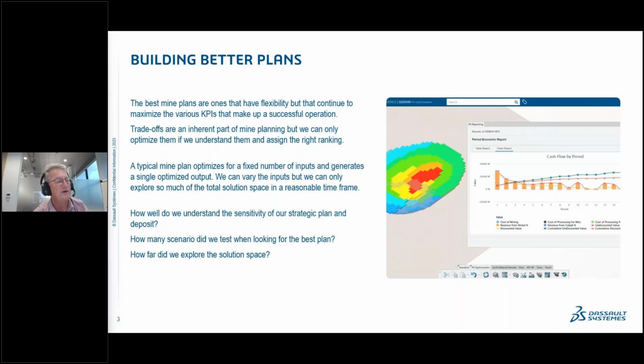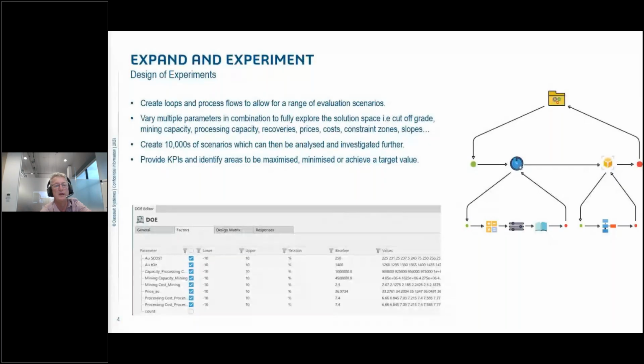And by robustness, I mean their exposure to potential risks in the future. So if we move on to the next slide, I'll talk us through how we